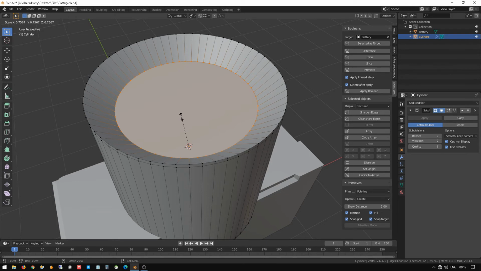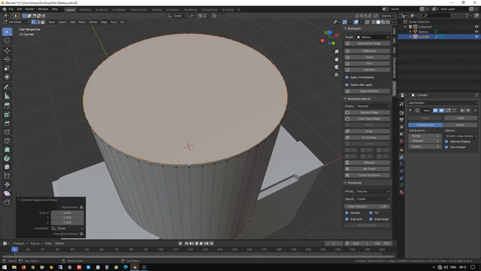So how do you extrude evenly inside the faces? I will tell you: after selecting, you can go to this icon near the global view and select individual origins. So with individual origins it will be extruded. So now we extrude and scale. Now we can see it's extruding on both the sides.